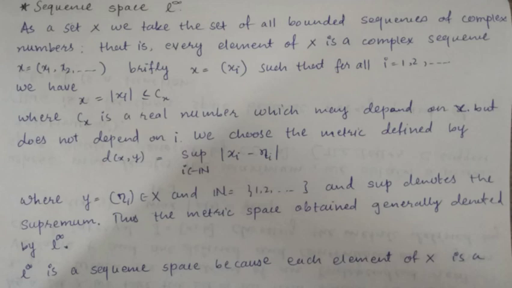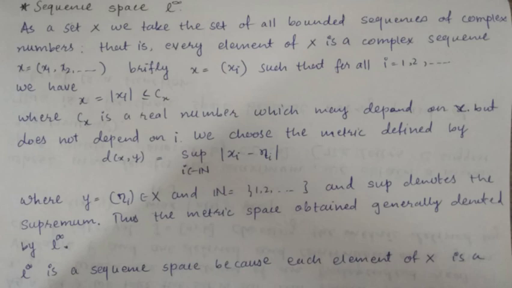Again, I am taking one element from L infinity, suppose small x. Which type of element is small x? I can write it as x1 comma x2 comma x3 and so on, and in short I write it as x equal to (xi), where i is running from 1 up to infinity, and